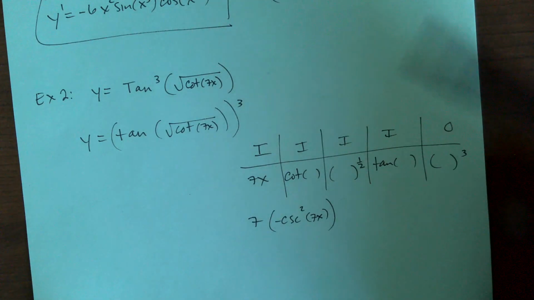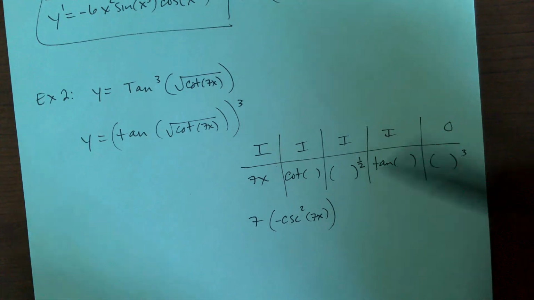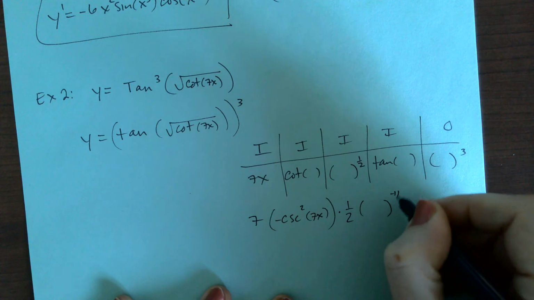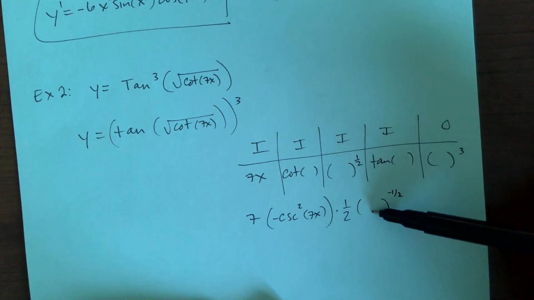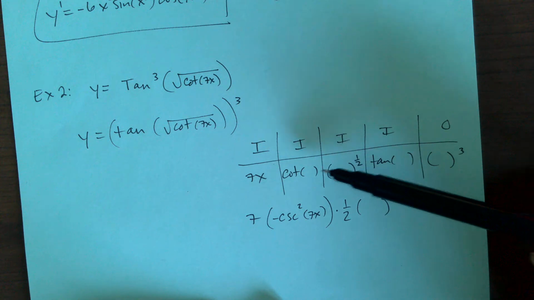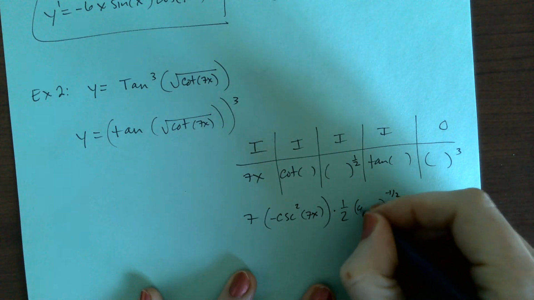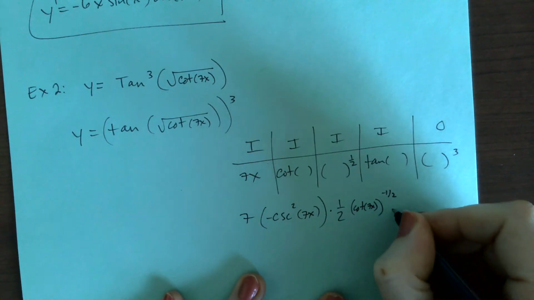Then the derivative of this one is 1/2 blank to the negative 1/2. But what was in here has to go in here. So in here we had a cotangent, and then inside of that a 7x. So cotangent of 7x, times